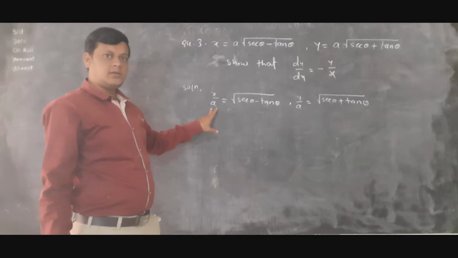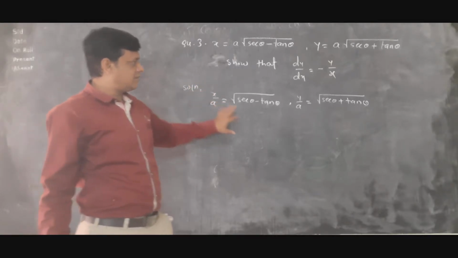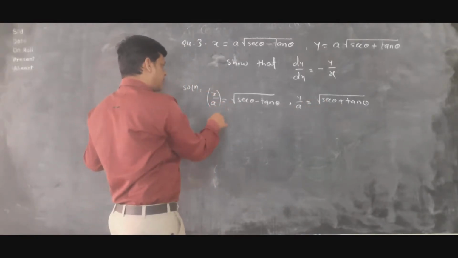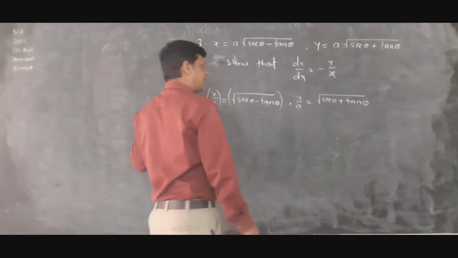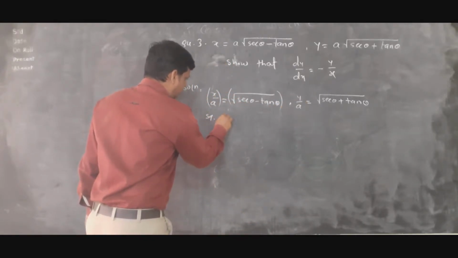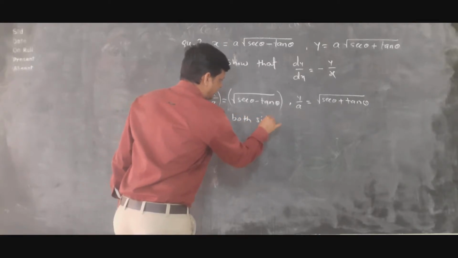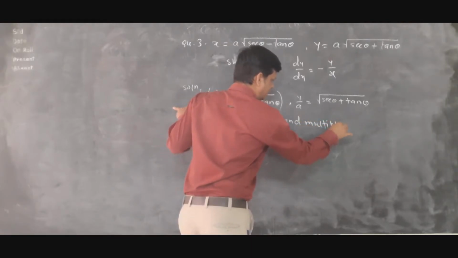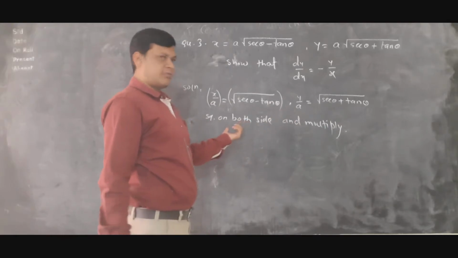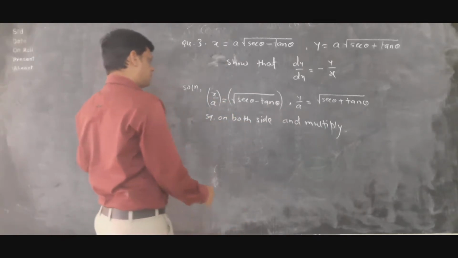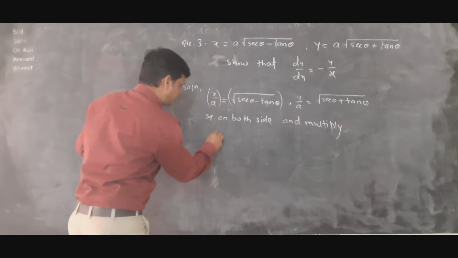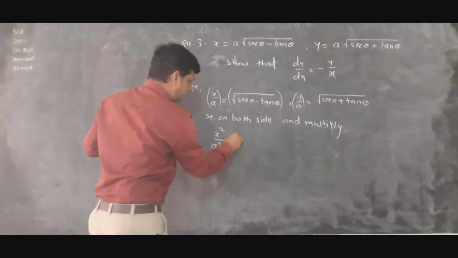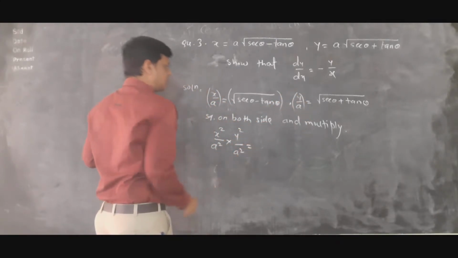Now we square both sides for this first term and for this second term also. So we write here squaring both sides for both x and y, and multiply. First we square the function, then we multiply the two functions. So we write x square upon a square into y square upon a square is equal to